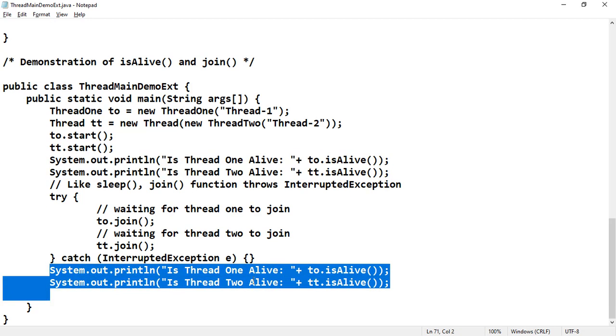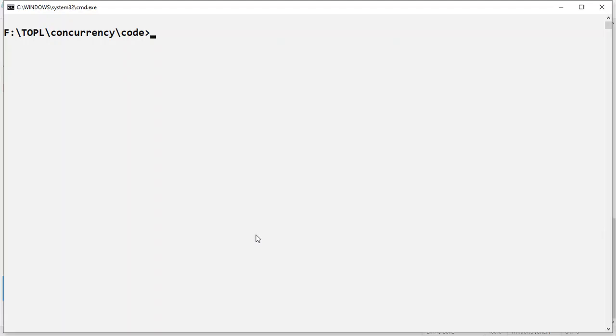So let us compile this Java thread demo 1. We will run this program, Java thread main demo extension.